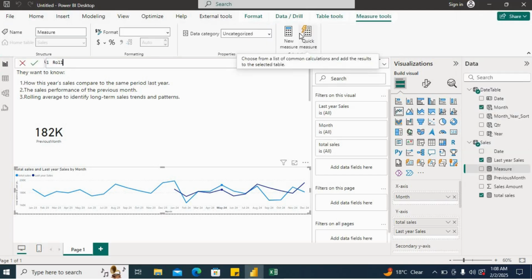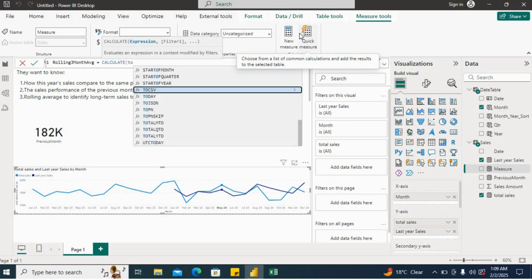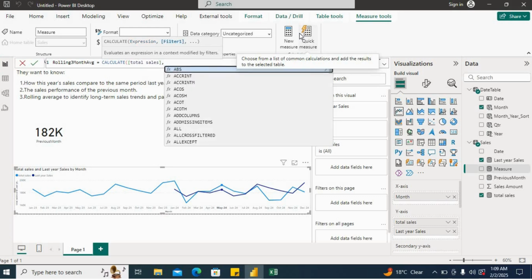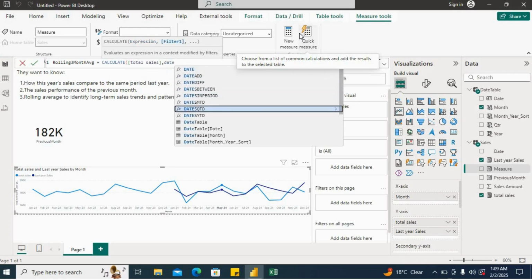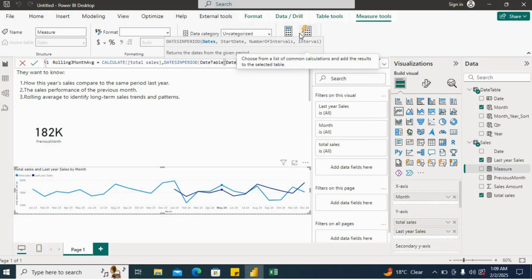I'll name it rolling 3-month average, and then I'll create the sum for that particular date range. So I'll take CALCULATE and calculate the total sales, and then I'll use the DATESINPERIOD function, and here for dates I'll use the date column from the date table, and then I'll take the first date as FIRSTDATE, I'll use this LASTDATE